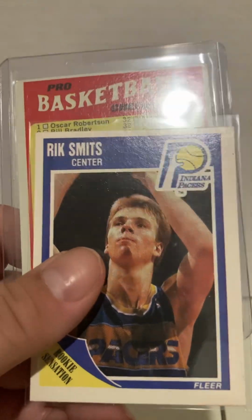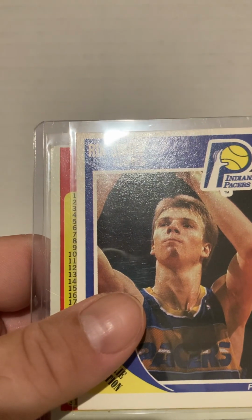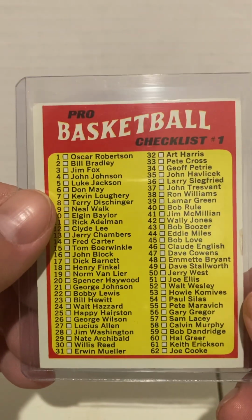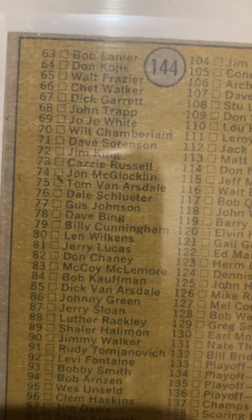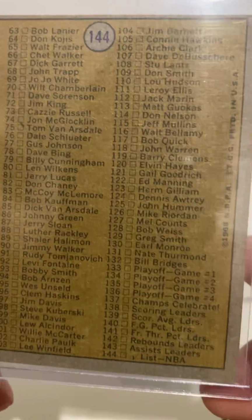Then you got Rick Smith's rookie. I think that was the influence of Billy Pyle. I think he had picked up that card. And this one I just picked up because I know it's hard to get checklists of this vintage where they're not checked. And this one is, pretty sure... no, that's just a mark on the card. Yeah, I'm pretty sure this was completely unmarked. So somebody will probably have some use for it. I don't know what I'm doing with it, but...